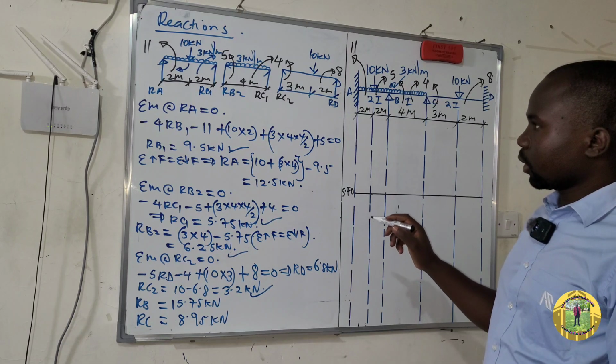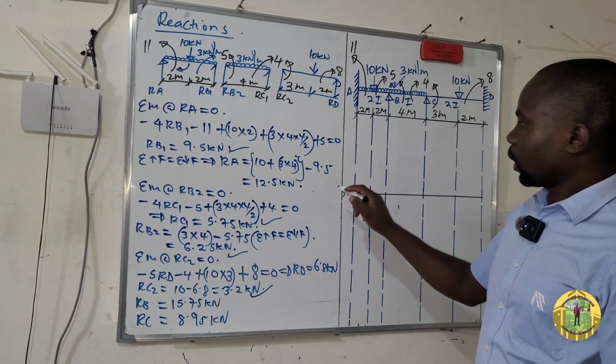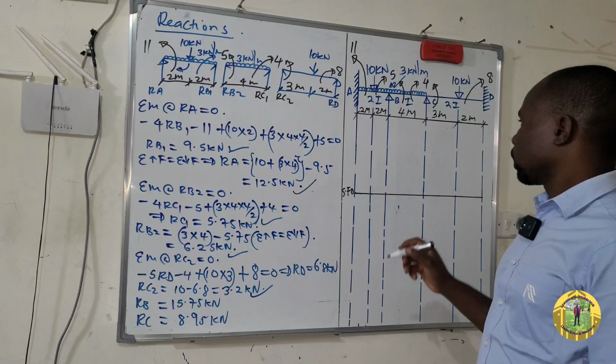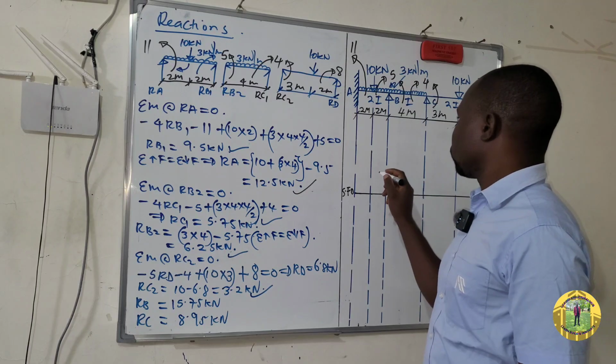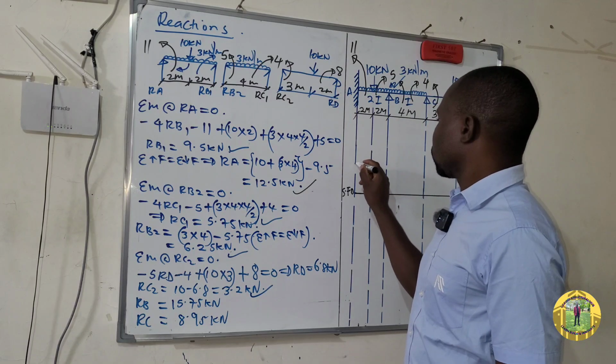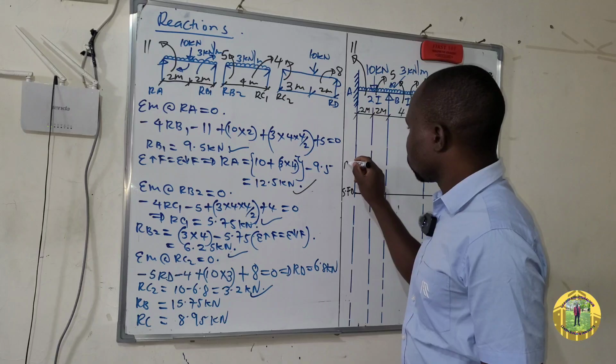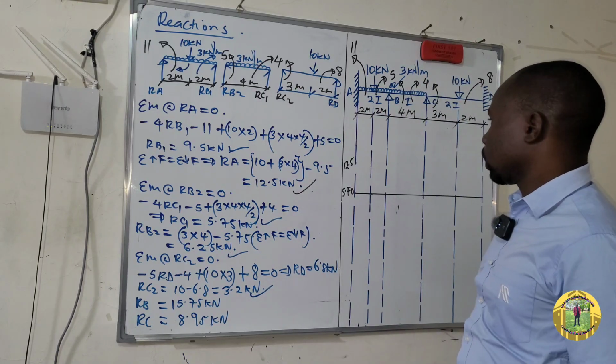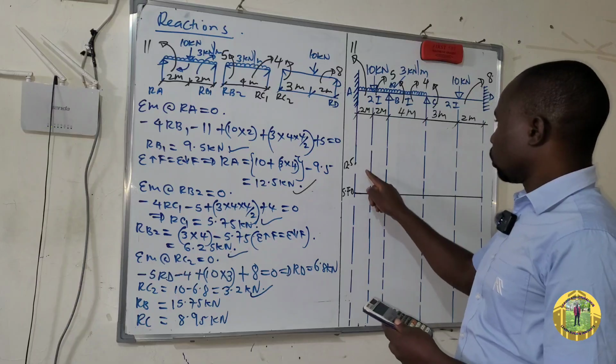RA is 12.5, so it is positive. So we approximate 12.5 somewhere like here. Then take your calculator, write 12.5,